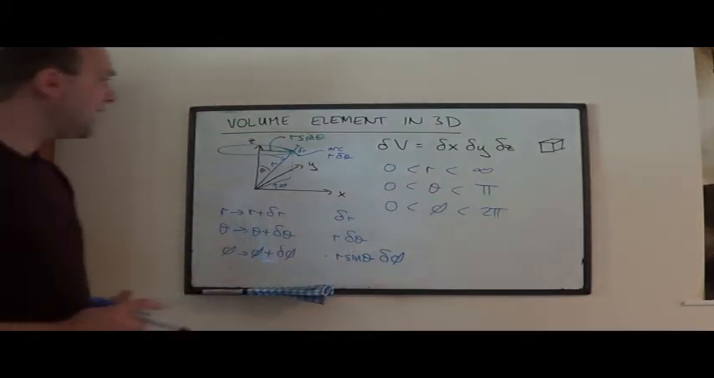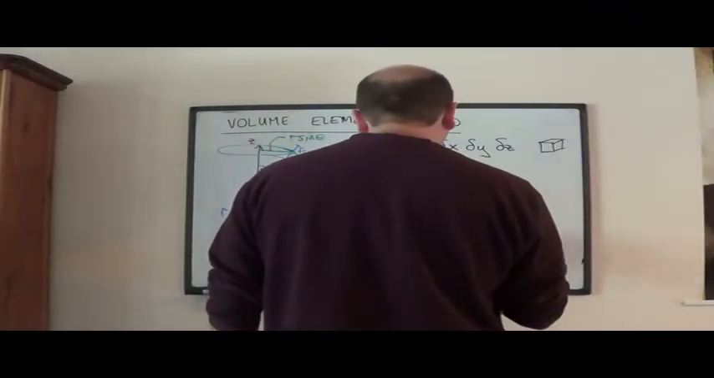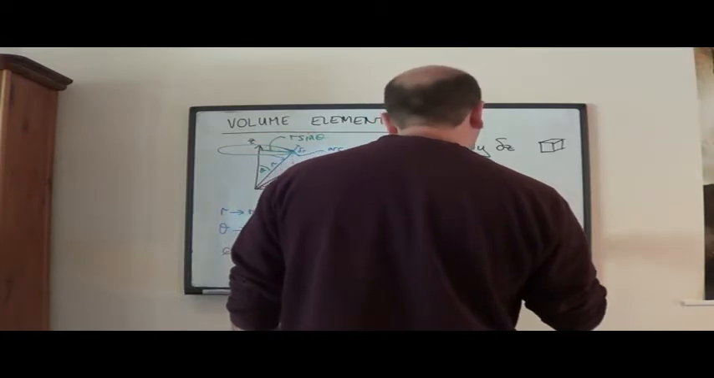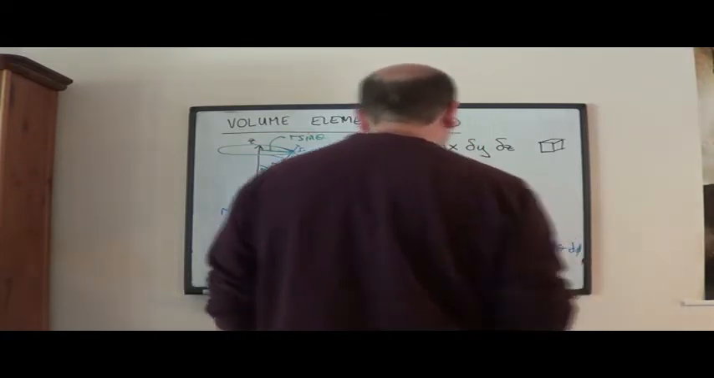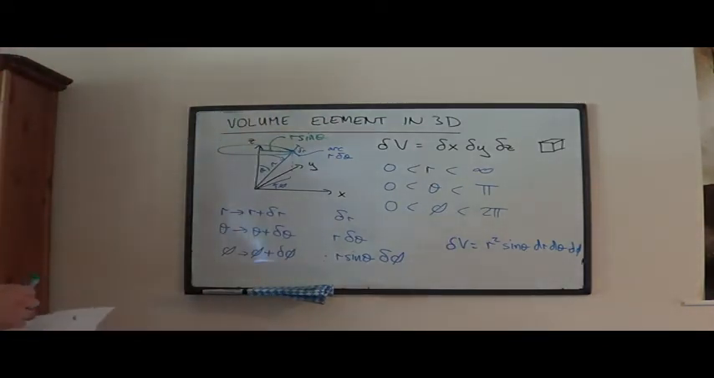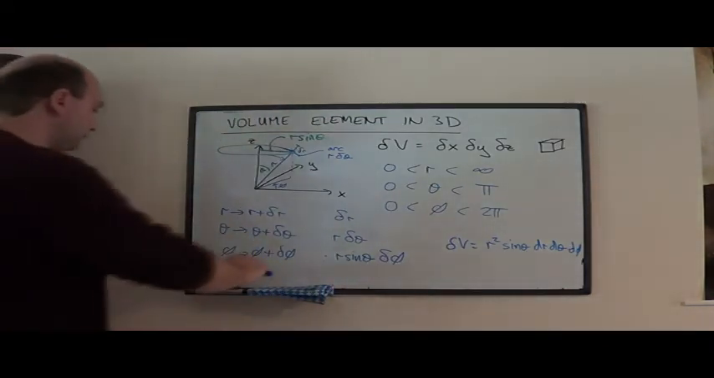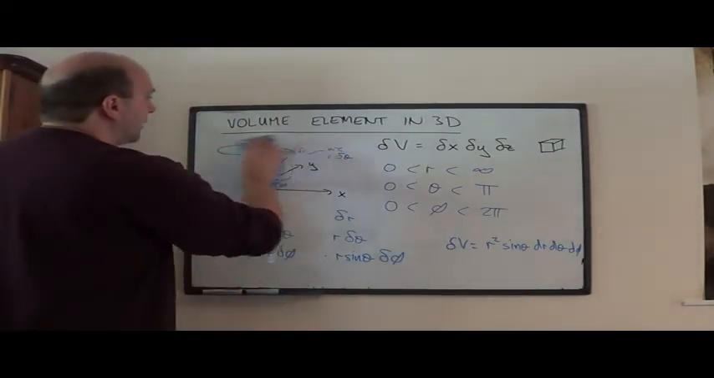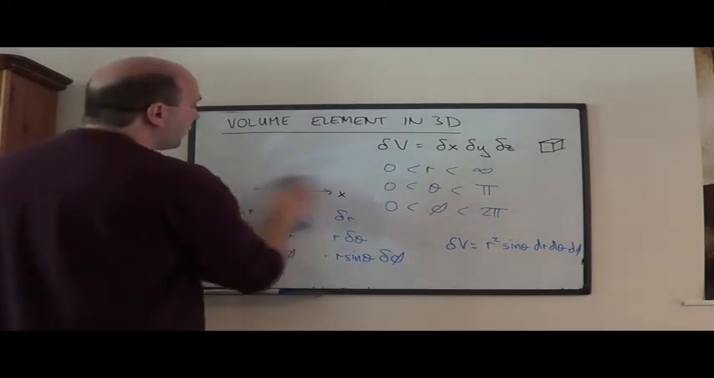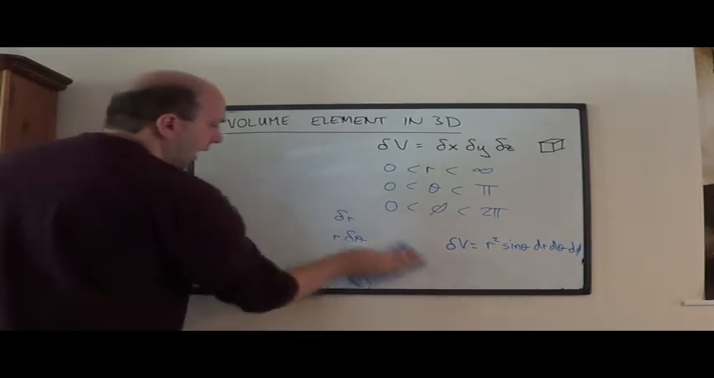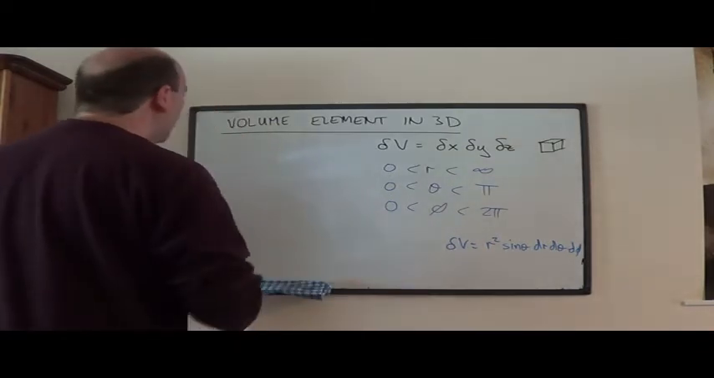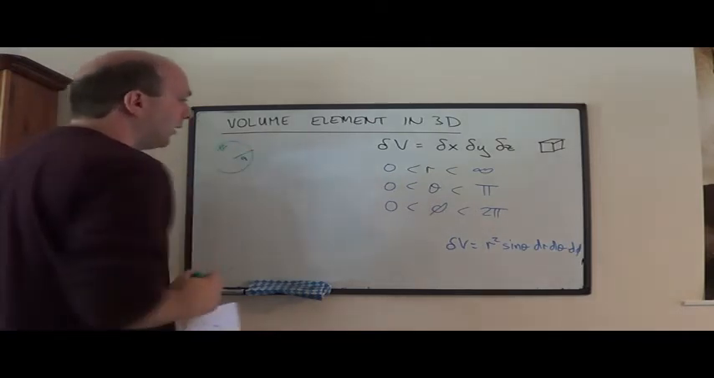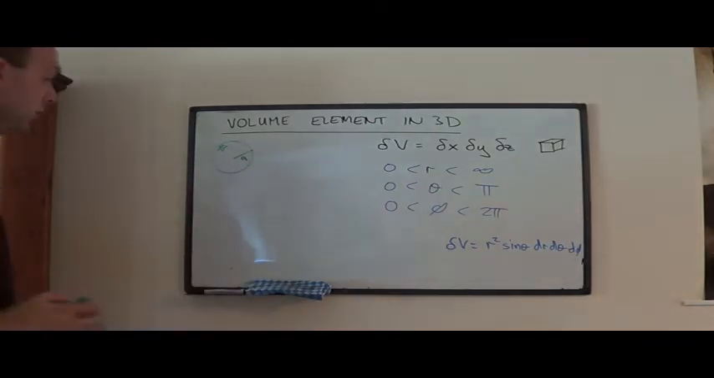The product of those 3 is then the volume of some little cube, and therefore I get r squared sine theta dr d theta d phi. Let's check we've got that right by calculating the volume of a sphere. So I'm going to divide a sphere of radius a up into many little infinitesimal cubes, and calculate the total volume of